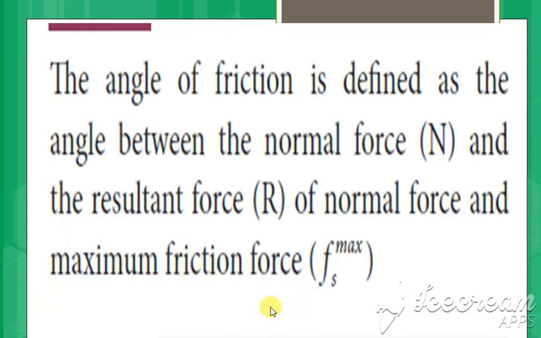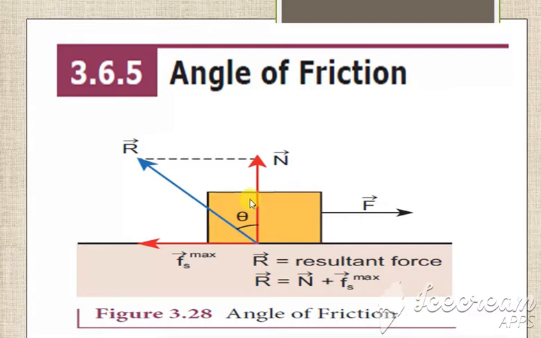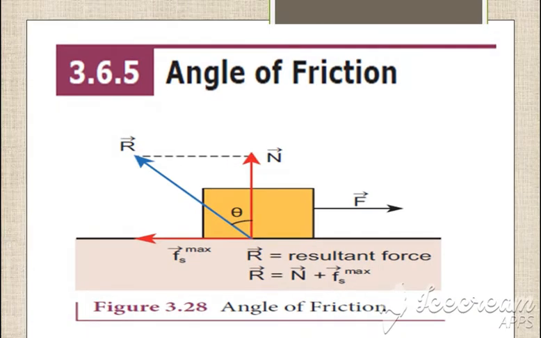Yes, clear? Now again we are going to see the diagram of this so that we will be able to do the derivation. So here we have the diagram again. From this diagram, we are going to consider the triangle. In this diagram, we have the resultant, the normal force and the static frictional force. Considering this as a triangle.